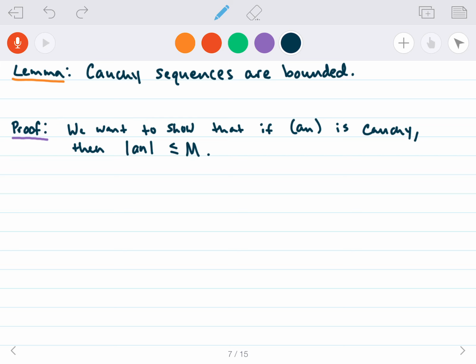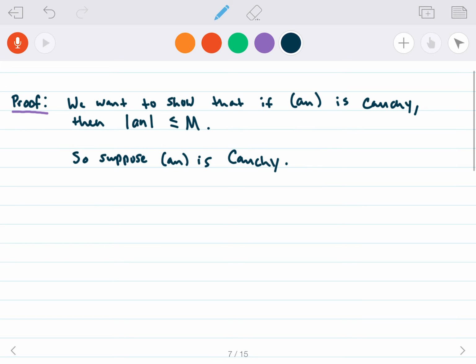Okay, so first things first, suppose our sequence is Cauchy. Okay, so how are we going to get what we need out of here? Well, since it's Cauchy, for every single epsilon after a certain point in the sequence, all the points after that point are close to each other, right? And so just going back to the definition of what it means to be Cauchy is that for any epsilon bigger than 0, in particular epsilon equals 1,